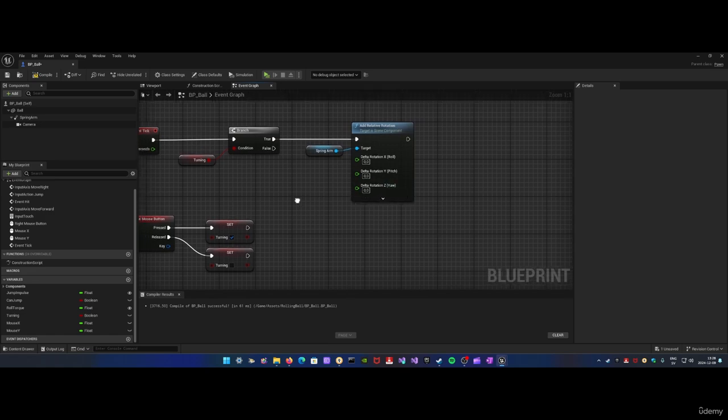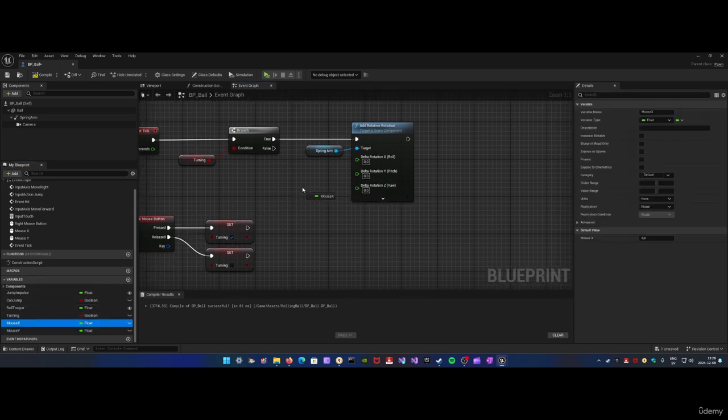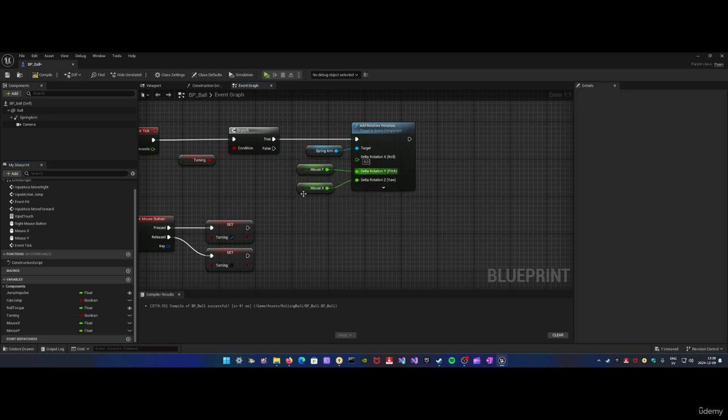So for the z-axis, we are going to use mouse X. So I'm going to just connect it to the z-axis. And for the pitch, I'm going to use mouse Y. So this basically means that if you look at the yaw here, if you don't know what yaw is, roll, pitch, and yaw are really,